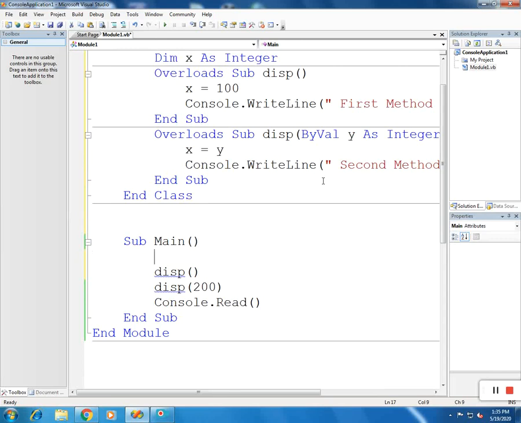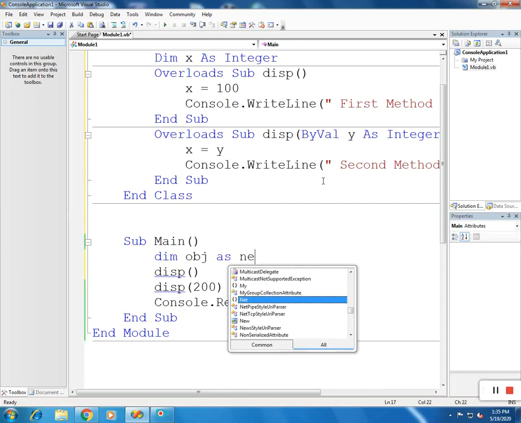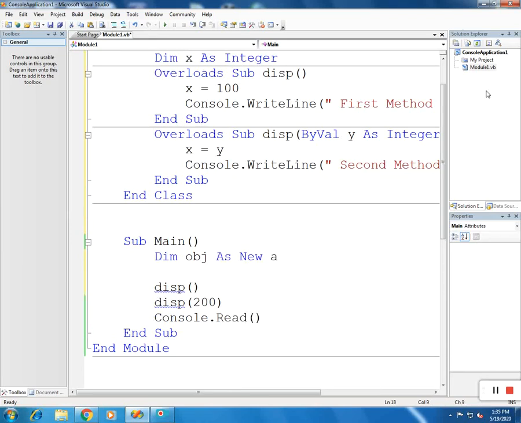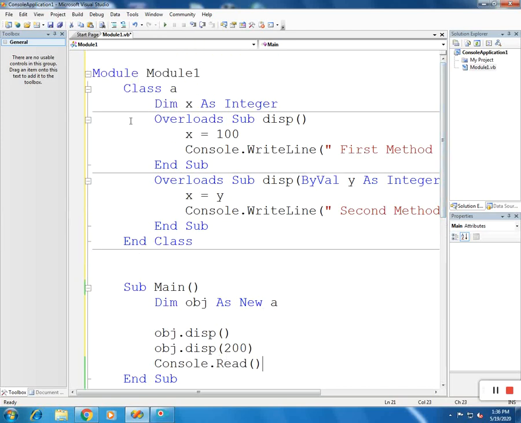Make the object, dim obj as new A, obj.disp and obj.disp with parameter, and let us execute this program.